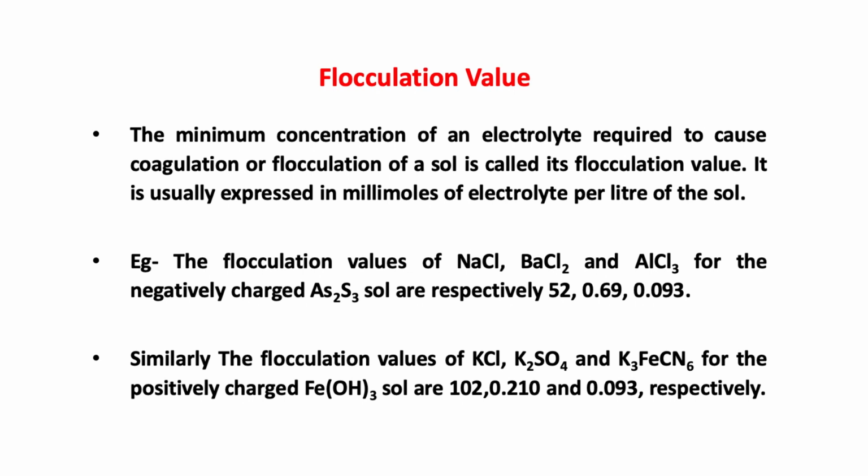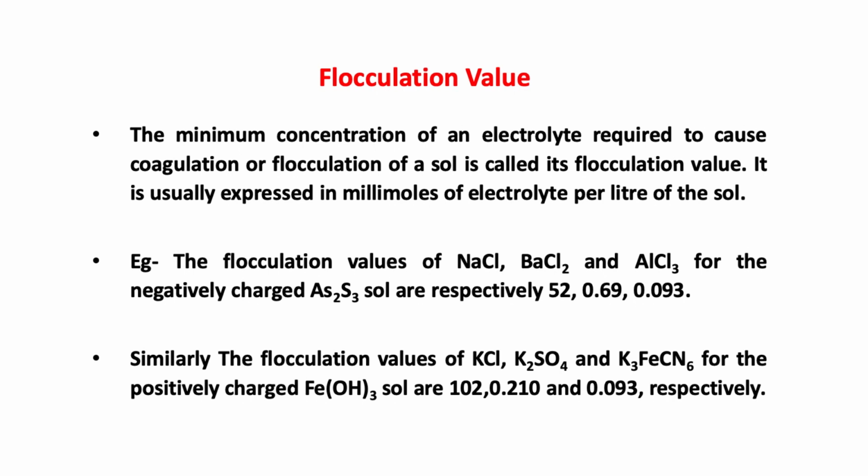Example, the flocculation values of sodium chloride, barium chloride and aluminum chloride for the negatively charged arsenic trisulfide sol are respectively 52, 0.69 and 0.093. Similarly, the flocculation values of KCl, K2SO4 and K3[Fe(CN)6] for the positively charged ferric hydroxide sol are 102, 0.210 and